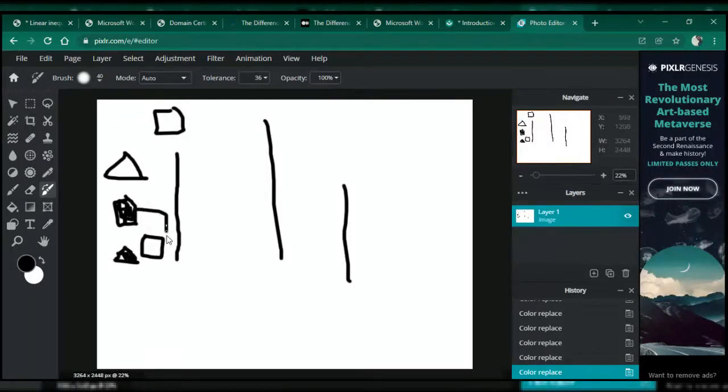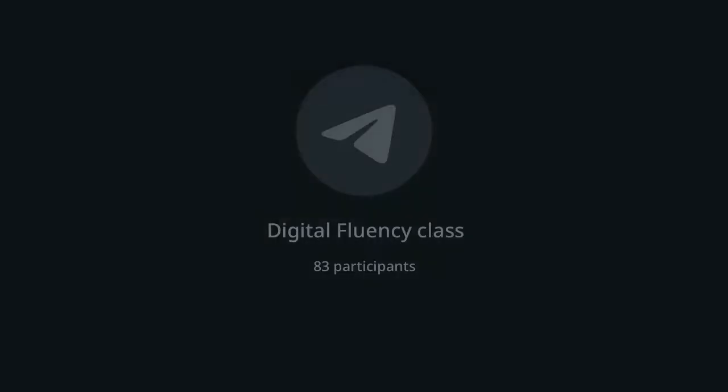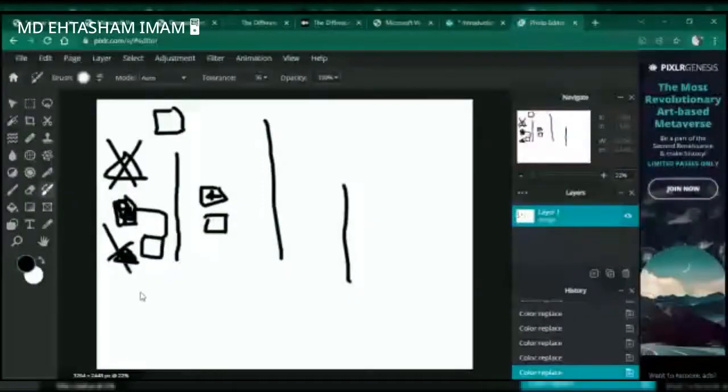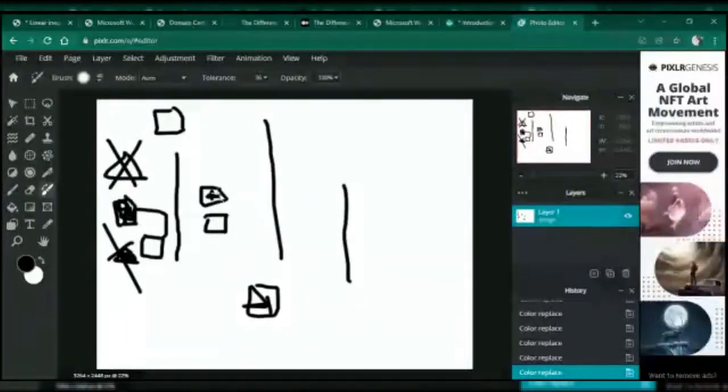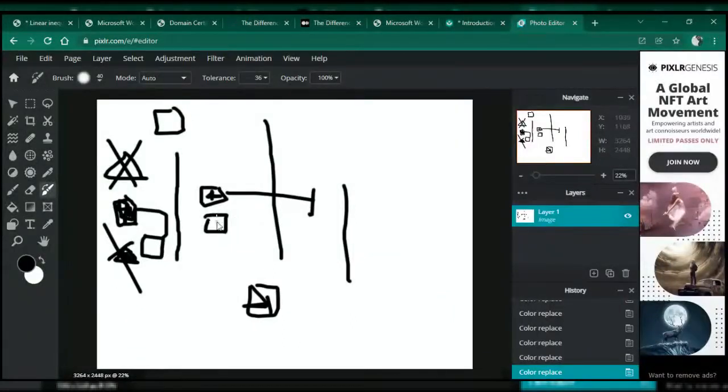So when these two things pass, they will come in the yes section, that yes, this is a square. It has got four sides. And the rest, these two do not matter, because they'll be rejected then and there. They won't be moved forward. The next step comes: whether the square is filled or not. This one will be able to pass through, but this one won't be able to pass because it is empty. Now the third logic gate might find out the color, whether it's dark or light,